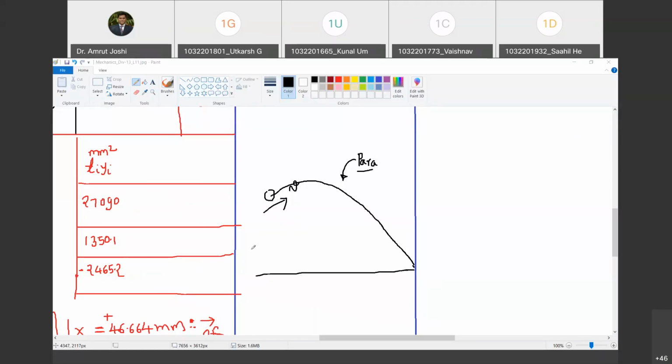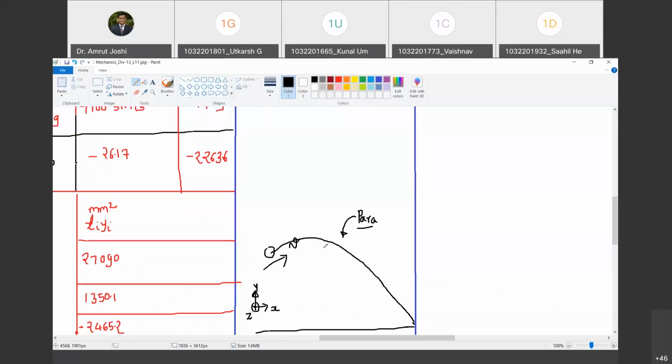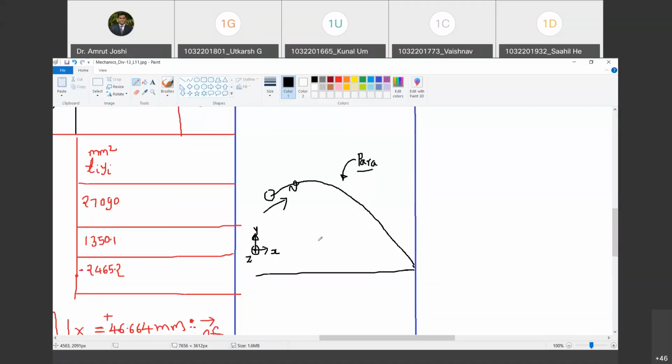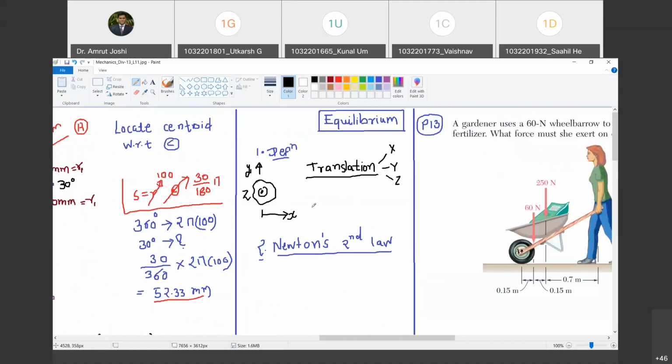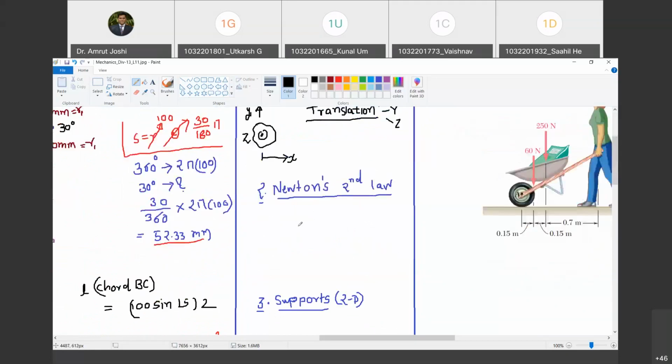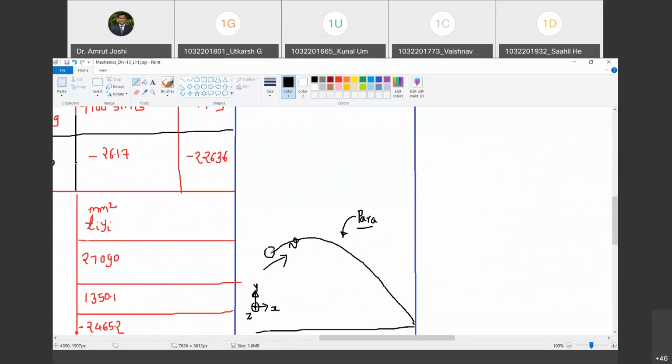Now tell me, during this motion from here till ground, is the body in equilibrium as far as x direction is concerned? Tell me. बोलो कुणाल. So to decide whether the body is in translational equilibrium along x direction, हमें क्या करना पड़ेगा? I will have to look at its velocity in x direction. Do you agree with me? Yes. Is it at rest? No. So first category gone.